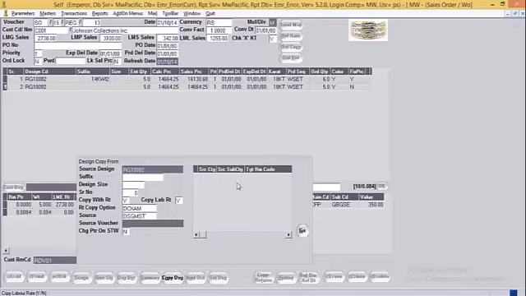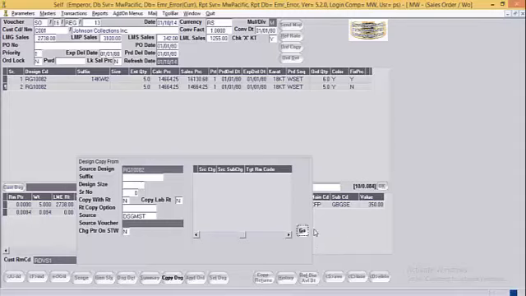Next option available over here is the changing of RM code. It allows the user to change the RM code while booking the order. It is quite possible that the customer wants to book the order in the quality of his preference rather than the quality in which the design has been made.